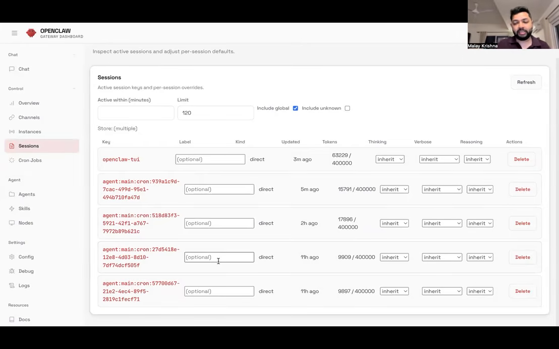But the problem with this is that this is running on your system, right? See the web URL here. It's running on your system, which means that if this stops, your cron will also stop and it will not work. So this means that your Mac, or whatever you're using, has to stay open and has to have an internet connection consistently, without sleeping, for it to work. Now that's of course not very